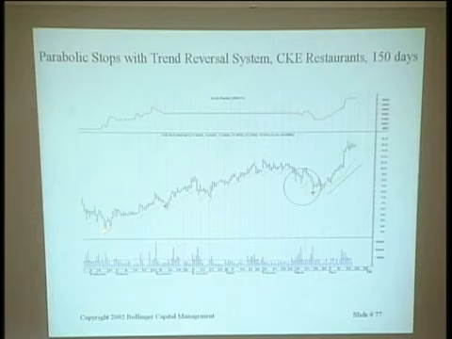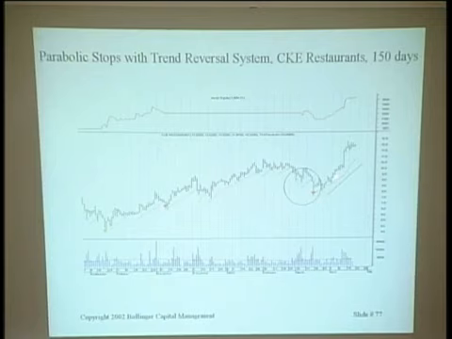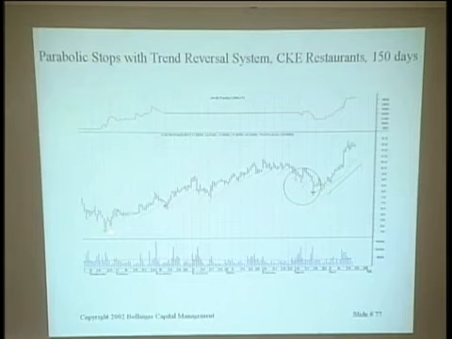We enter right here, and we get a nice trade up to here. We have an entry here, and we get stopped out here, and we have a final entry here. Note that if we had used the parabolic stops, the exit would have been much sooner. And in this case, the exit would have been at a much more attractive level than the actual exit. So this is what these stops are really good for.